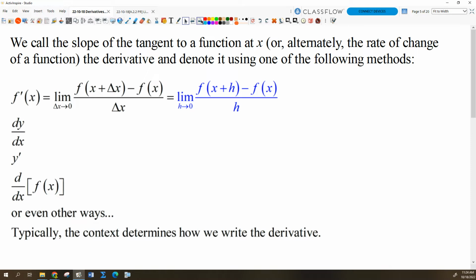Why do we use so many? We do that in math. The context determines how we'd write the derivative. This way makes sense for us now when we get a little further along and we're dealing with non-functions or really